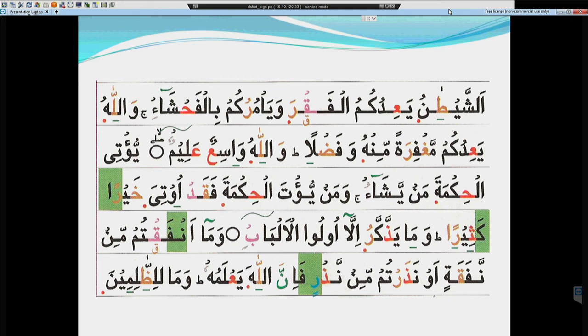Bismillahir Rahmanir Rahim. الشيطان يعدكم الفقر. So over here, make sure the ta is full mouth, and the qaf is also full mouth, faqra. الشيطان يعدكم الفقر